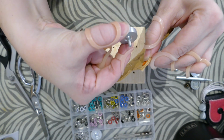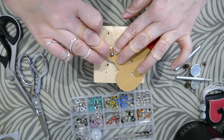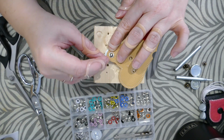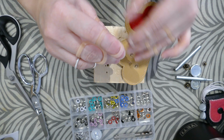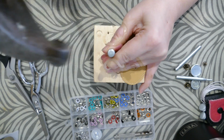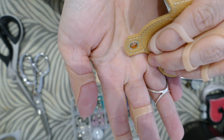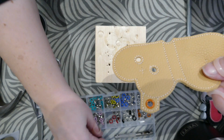And I want the colored portion on the front here, so I put it on this side. Then you turn it upside down over top of this, and kind of just push around to make sure that you've got the little post piece sticking through, and then you take the eyelet washer part, and you slide it over top of that, push it around the post. This one has a little hole on the one side so you can go through there, and then you just give that little punch, and it doesn't take much. Let's see here if I can get a good look, and you can see that's a lot nicer on the back with the washer, and there's the front. So now that part is done,